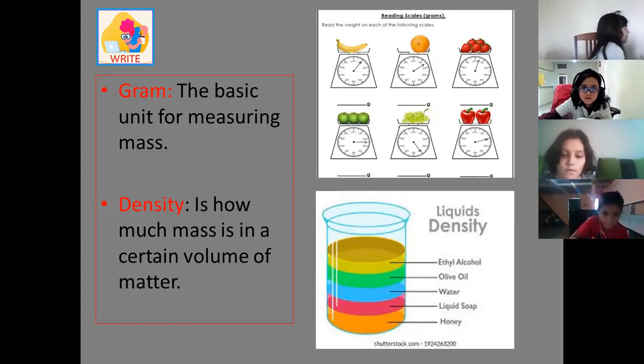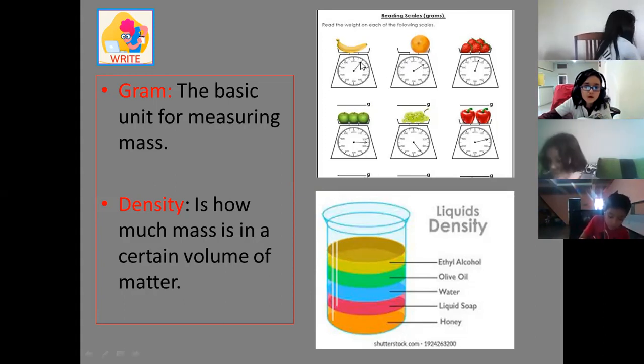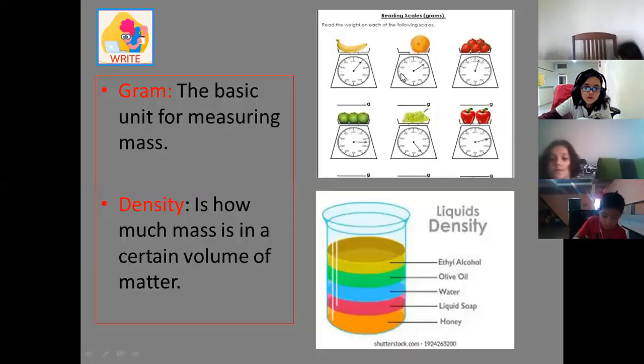Each fruit has a different gram, okay? It means that a banana is almost 95 grams, an orange is like 150 grams, strawberries are like 50 grams, and 3 apples are like 250 grams. Grapes are more, and